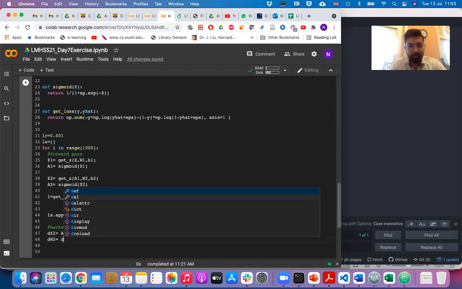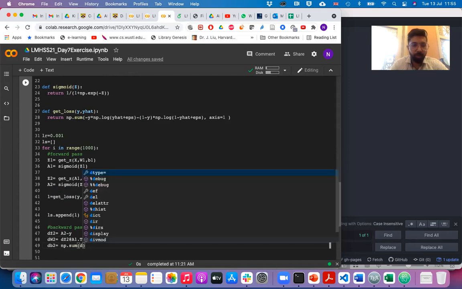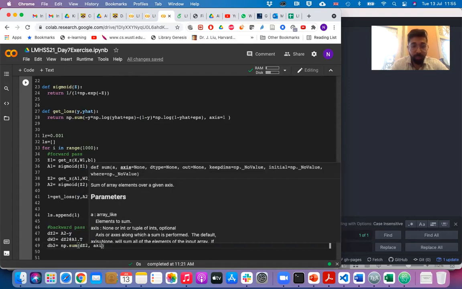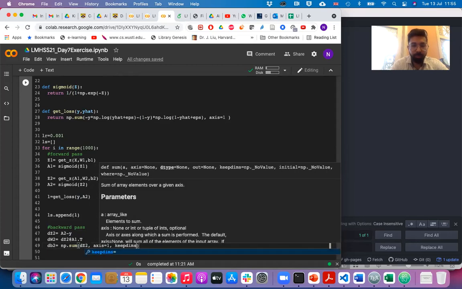So this is dZ2 matrix product with A1 T. Is it this? Could you just double check it for me? And dB2 should be np.sum of dZ2, again we are summing along columns, axis equal to 1 and keepdims equal to true,